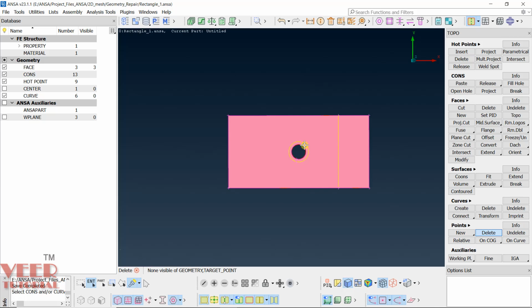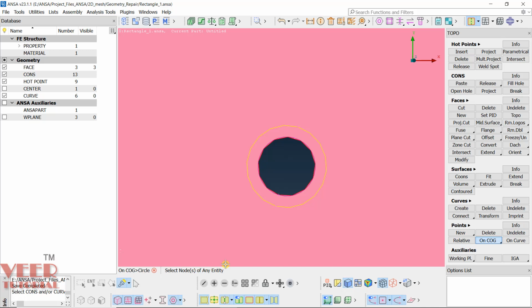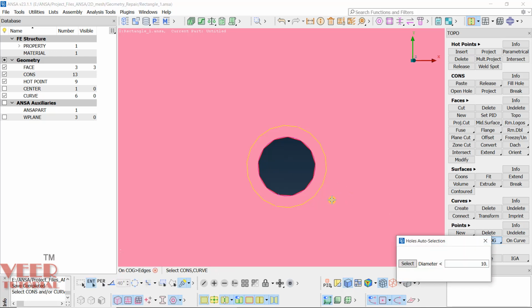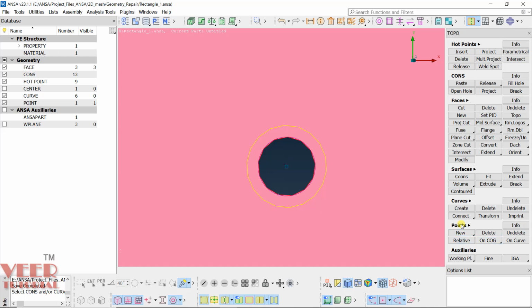Now let's say I want to find out the center of the circle, and for this we have the option here, on COG. Click on this arrow here. You will see circle, and zoom in. We need to select nodes or entity. Okay, it will not create the center with this circle. It will create this with edge because we have edge right now. So select this complete circle using edge and hit the roller. You can see at the exact center a point has been created. This is to find out the center of a circle.